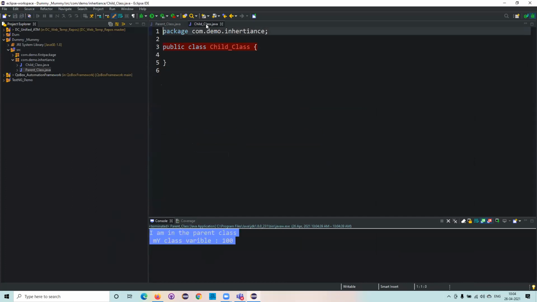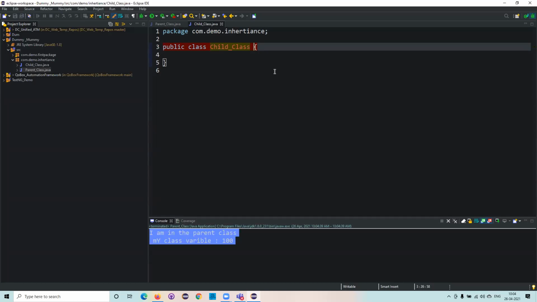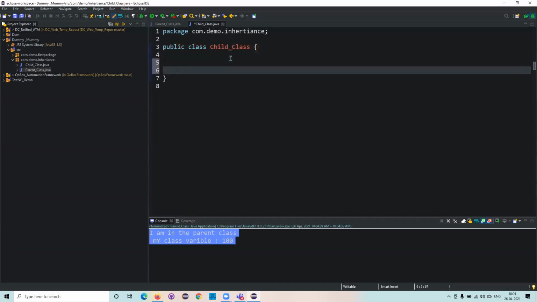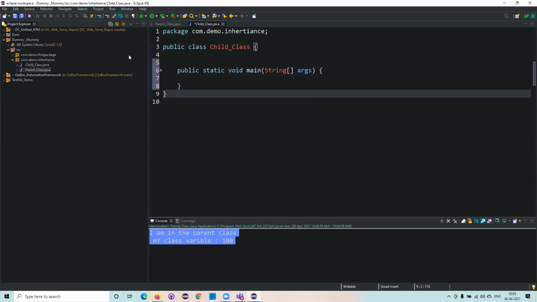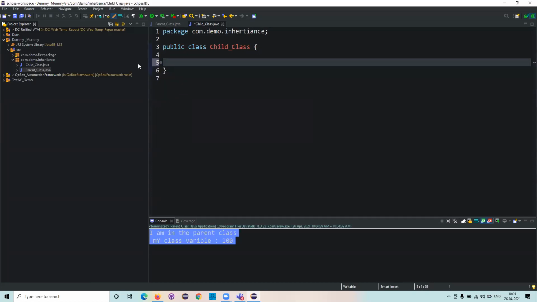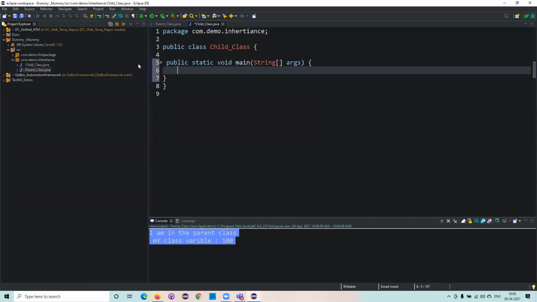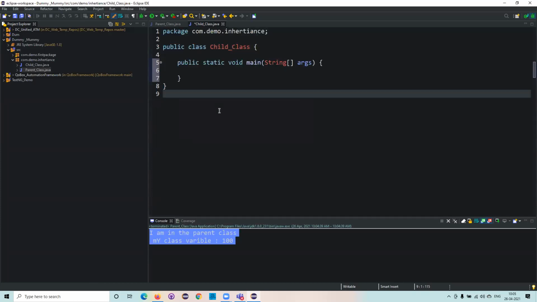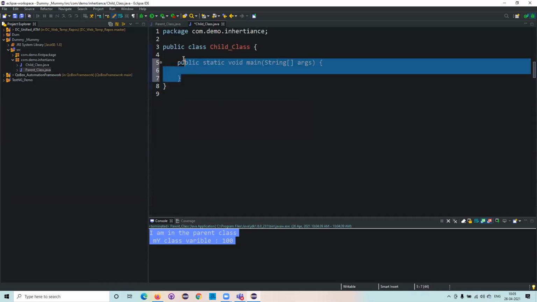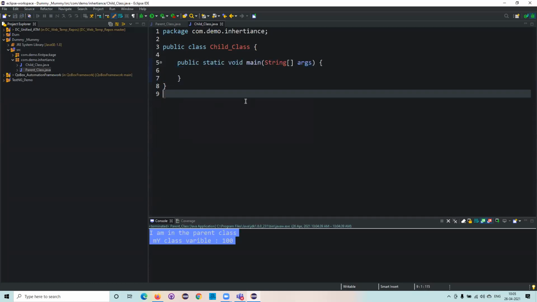Now what I wanted to do, I wanted to extend the parent class. Now if I wanted to use this one, see, this is a shortcut key for this one. You need to write, for an example, you didn't have the main class here, right? So now you need to write MA and main, control space bar enter. Control A and control shift F, it will format. So this is a shortcut key for the main method.